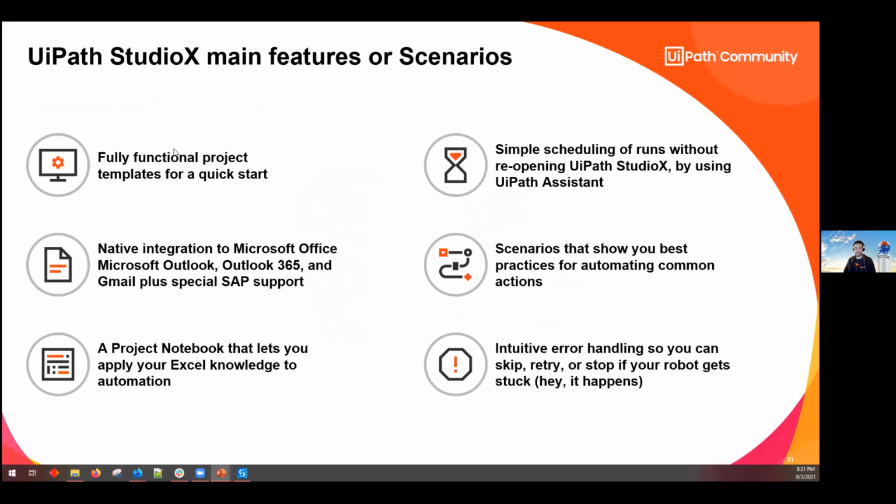The main features do include project templates, do include an intuitive error handling system in the tool, but it doesn't include using machine learning and AI, right? So again, to recap, we have project templates, scenario-based automations, some native integrations, a way of moving our Excel knowledge into StudioX, and intuitive error handling.